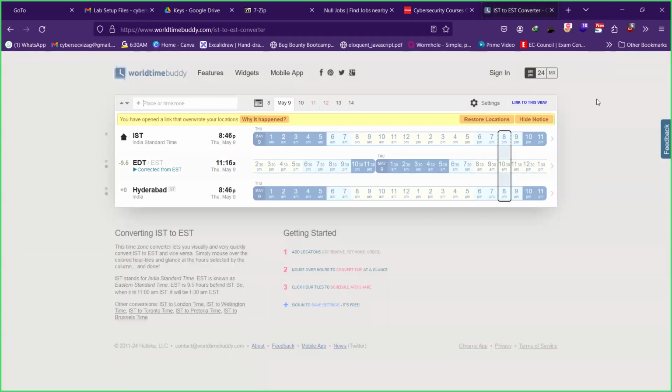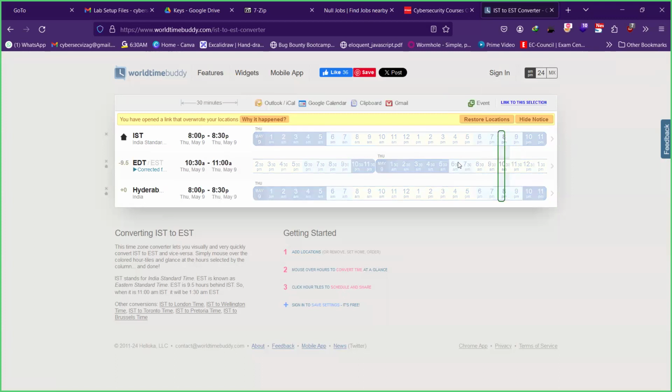If you're in EST, I think you're a couple of hours behind, so we'll be having it at 8 p.m. my time, which is your 10:30 in the morning. You'll have to translate that to your time zones, guys. It's Monday to Friday in Indian Standard Time, 8 p.m.